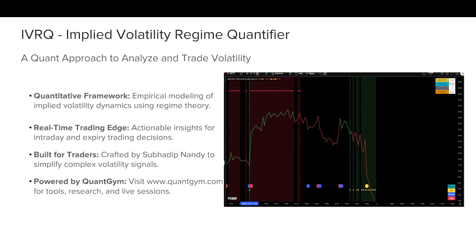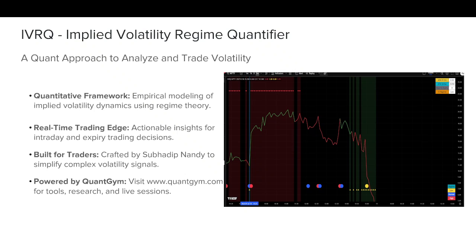Welcome to this class on volatility trading featuring IVRQ, which is the implied volatility regime quantifier. This is more than just an indicator. It's a fully developed quantitative framework for reading and reacting to market volatility in real time. Whether you are trading intraday moves or managing expiry setups, IVRQ gives you an edge grounded in regime theory and